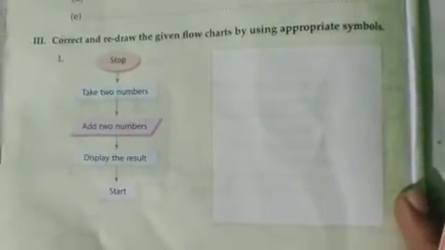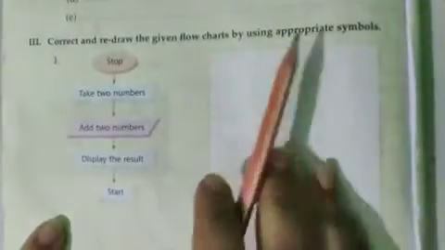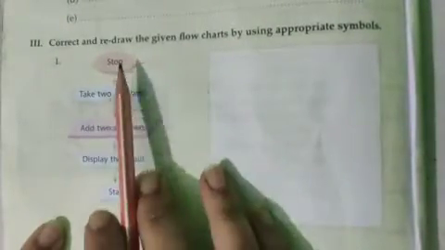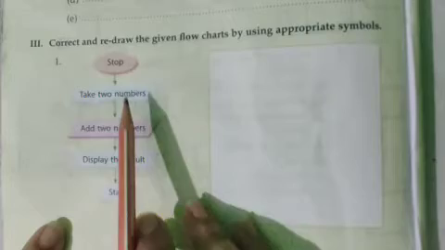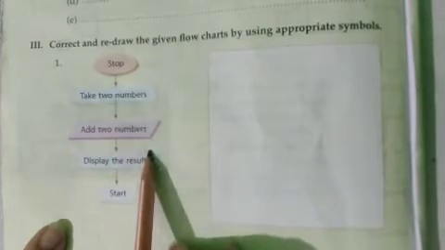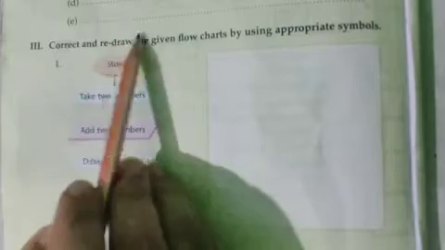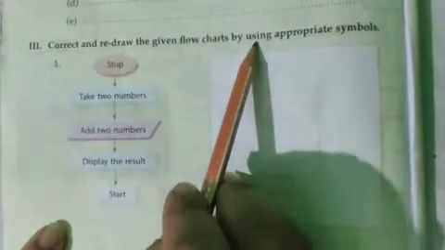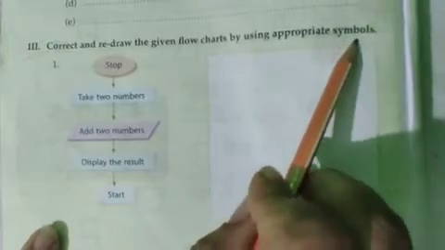Okay, children. Now here comes the most important question. Many of the students have got confused. They do not know how to draw the symbols and how to use different symbols. Children, I'm telling you again and again that you have to watch the video very carefully. You have sent wrong answers through mails. Okay. Now let me read out the instructions for you.